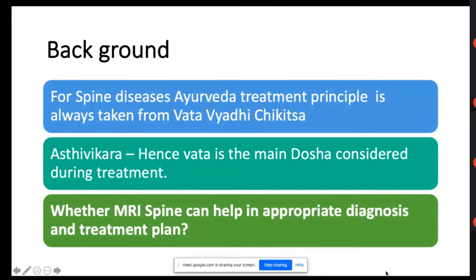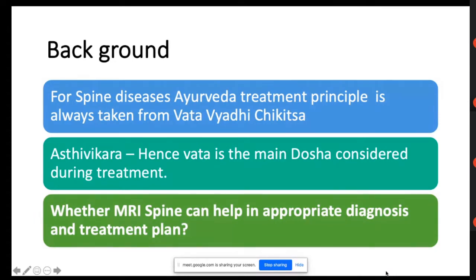We know that in Ayurveda, the spine diseases and management will be coming under Vatavyadi and its treatment. So we don't have any specific set of treatment principles we follow. Instead, we will be going by the general treatment principles of Vatavyadi. So all these diseases we consider under Asti Vikaras, and Vata dosha is the Ashraya which is taking place in Asti Dhatu, and hence Vatahara treatments, avoiding Vata Prakopakari Ahara and Vihara, and breaking the Samprapti is a treatment module which we often follow. So in my presentation, let's discuss how MRI spine can help us for proper diagnosis